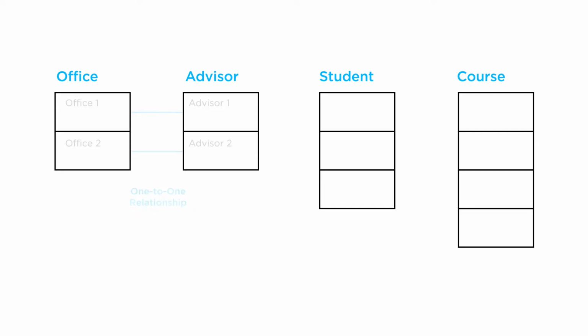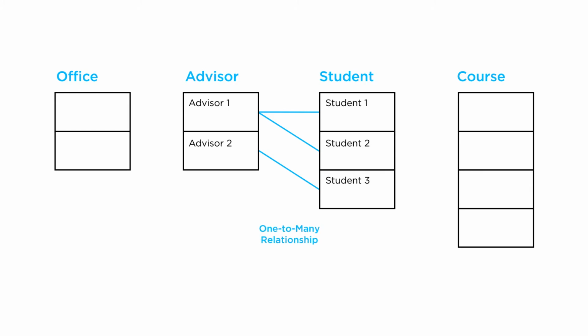Let's take a look now at the other relationships in this model. We have an advisor who is advising students. Each advisor can advise many students, so the maximum cardinality for the advisor is many. At the other side, each student has at most one advisor, so the maximum cardinality for the student entity in the advisor-student relationship is 1. So in this example, the maximum cardinality for one side of the relationship, for student, is 1, and the maximum cardinality for the other side of the relationship, for advisor, is many. This is what we call a one-to-many relationship.